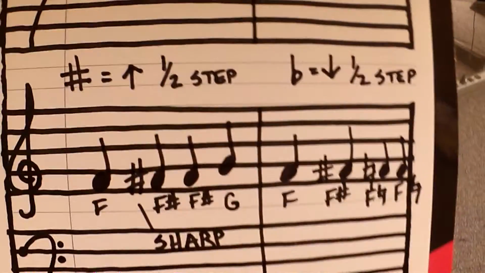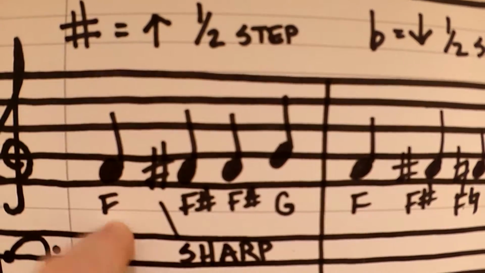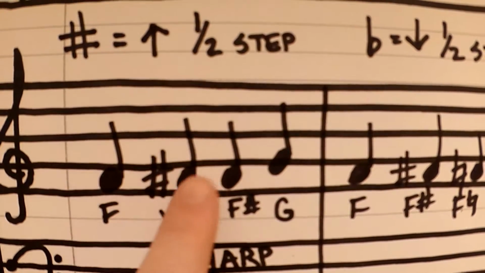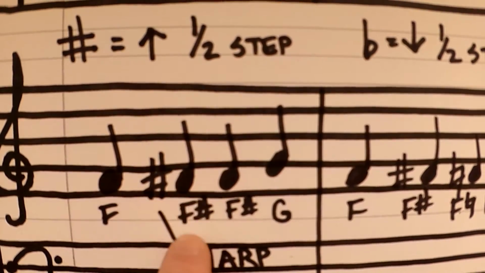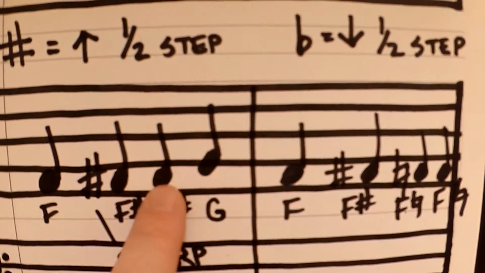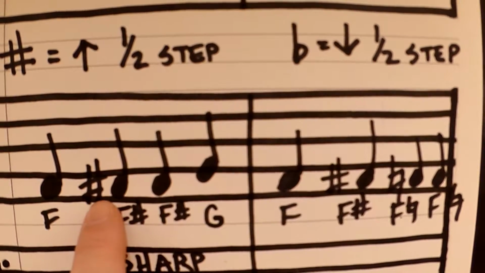All right, let's look at sharps. So remember, sharp, you're moving up a half step. So you have F, then this F is marked as F sharp. So you would go to the right one half step. This note is not marked with a sharp in front, but it's also an F sharp because that accidental carries